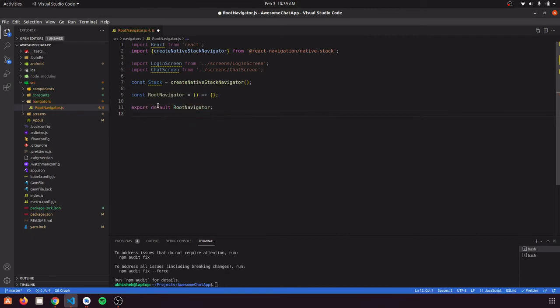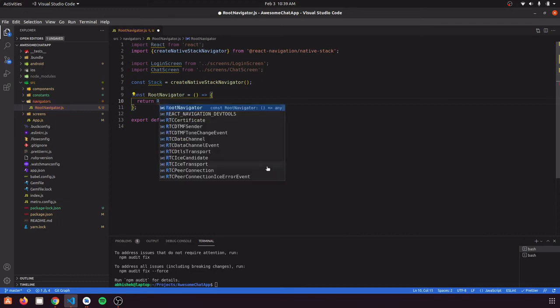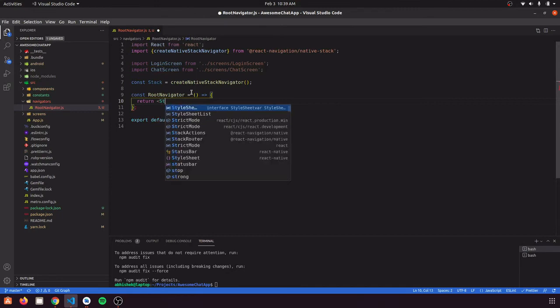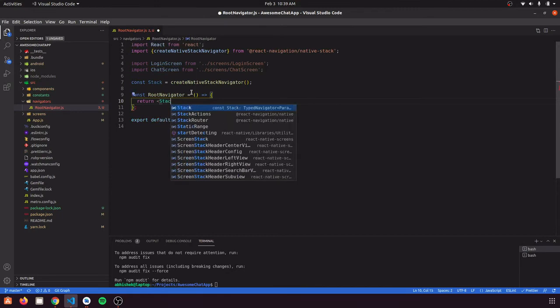Inside that we are going to return a stack navigator. Root navigator is just a name for this whole thing, and we return a stack navigator similar to how we return some view from a screen.